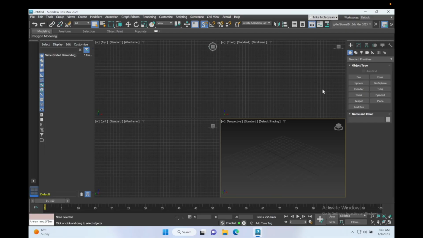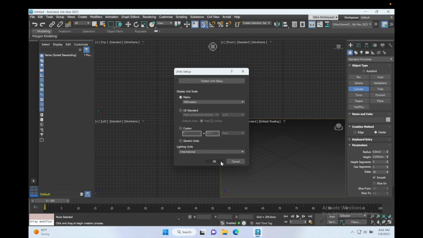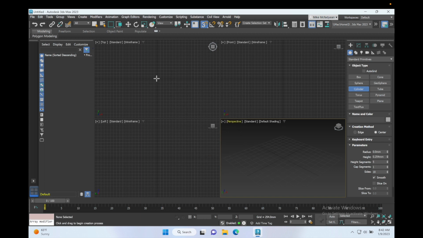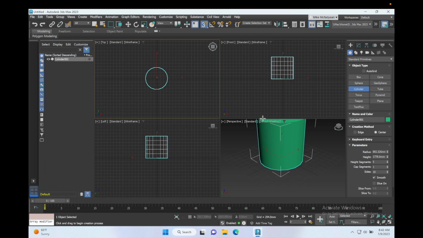Okay, so we're going to be making a coffee mug using subdivision surface modeling. I'm going to start with a cylinder. Make sure that your units of measure are set to millimeters. Then I'm going to drag out a cylinder in the top view. I'm going to make sure that it is 80 millimeters